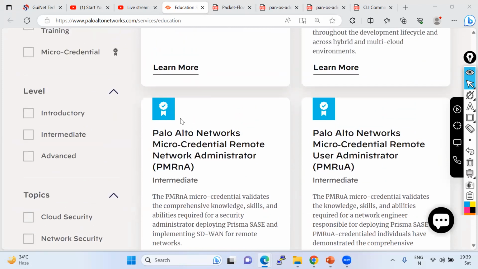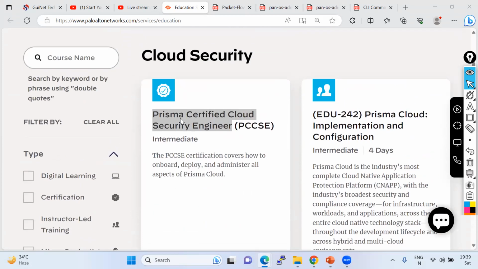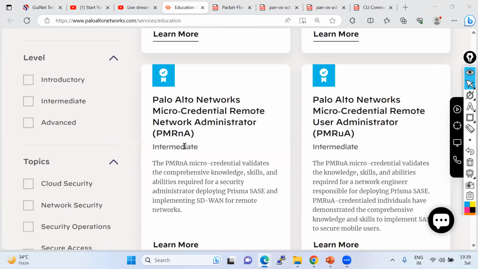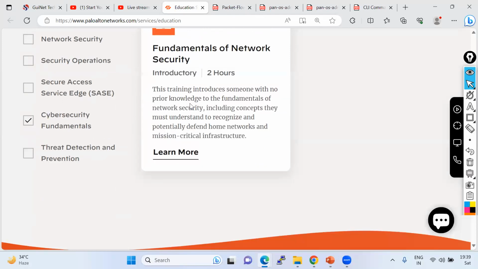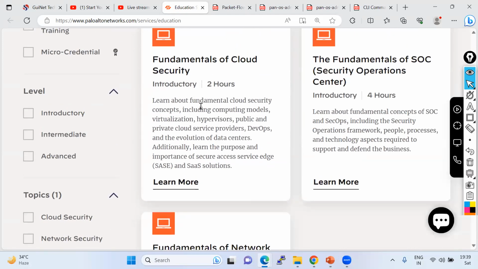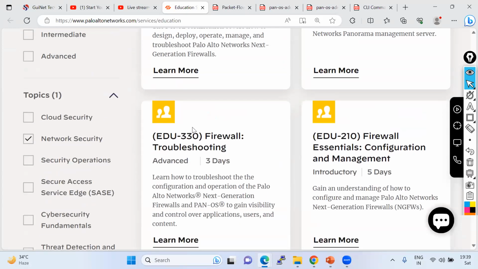In the Palo Alto official certifications, we have a lot of certifications. Some are related to Prisma, which is part of cloud security. Some are related to cyber security, you can see we'll find cyber security also. These are the cyber security fundamentals, SASE solutions. These are the common cyber security ones. Also, most important, which we are going to cover, is network security. So if someone asks what is cloud security, what is network security, and what is cyber security? Okay. To understand all three frameworks, we